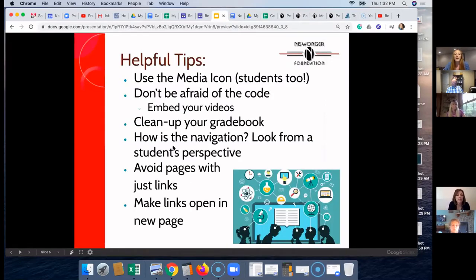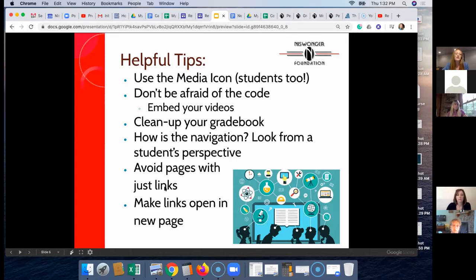Okay, so the navigation of the course, I already a minute ago showed you how to click and go to student view. I would highly recommend that. And also think about how to navigate to make it easier for your students. That is fairly intuitive, but if you don't go in from a student view, you can easily overlook things. So don't be afraid to use that student view.